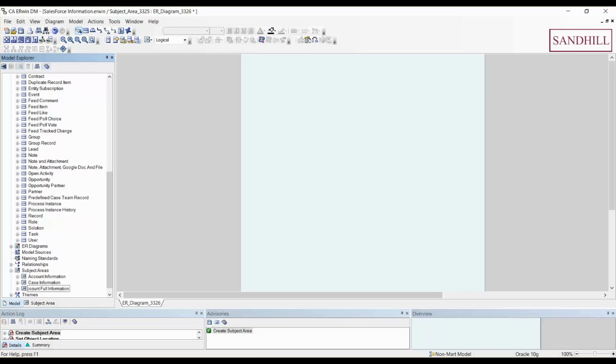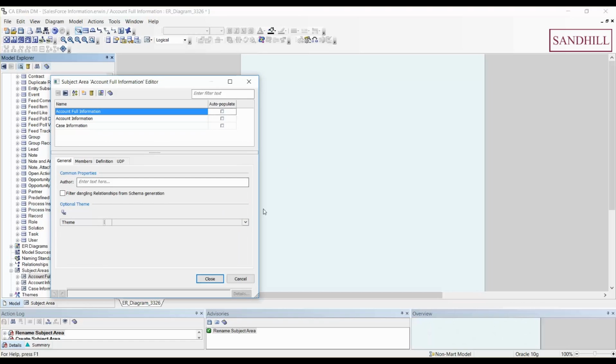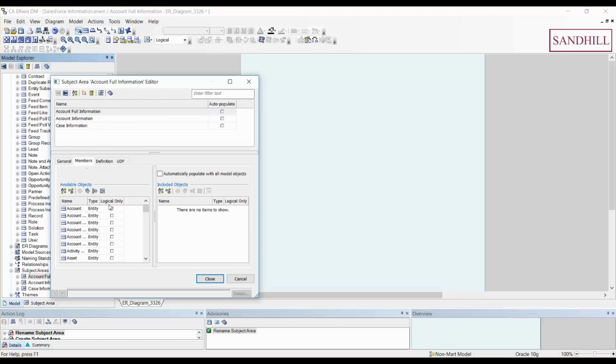So we're going to go one step further in our subsetting of information. We're going to quickly go into the properties of that subject area, and we are going to select anything to do with our account tables. So our account tables that we pulled in,